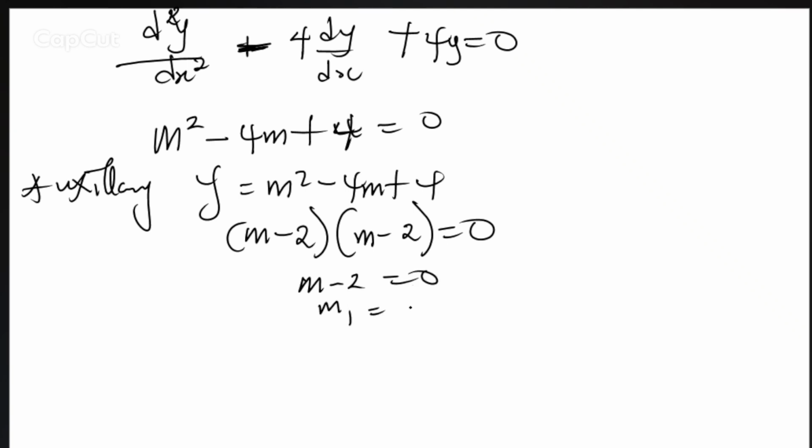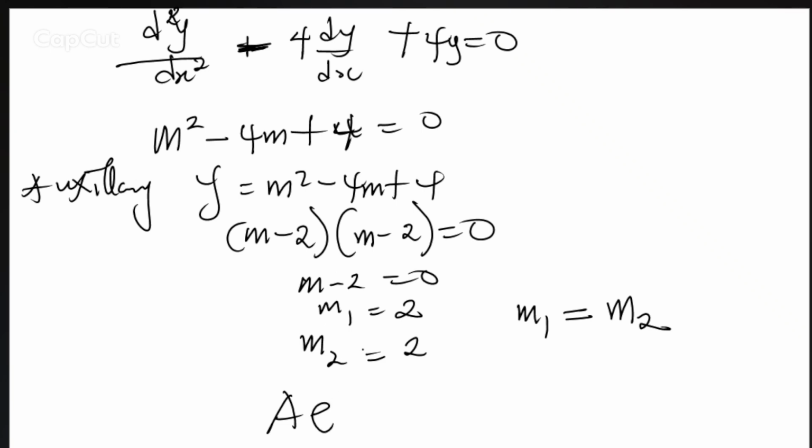So your m1 here will be 2, because minus 2 crossing the equality sign becomes plus 2. And m2 will still be the same, plus 2, such that m1 is equal to m2, which is 2. Now what do you have there? Your final solution for your ordinary differential equation will now be